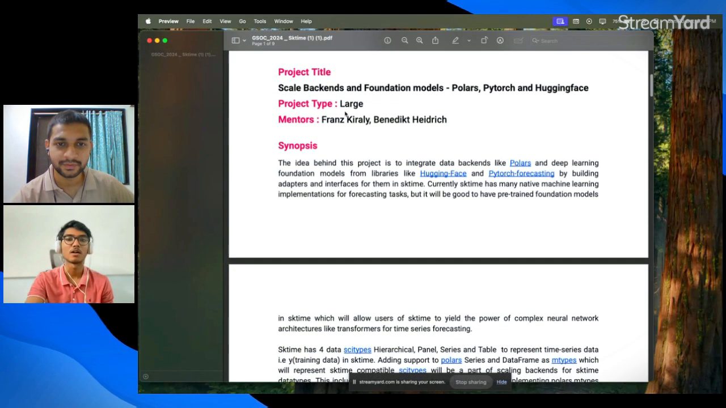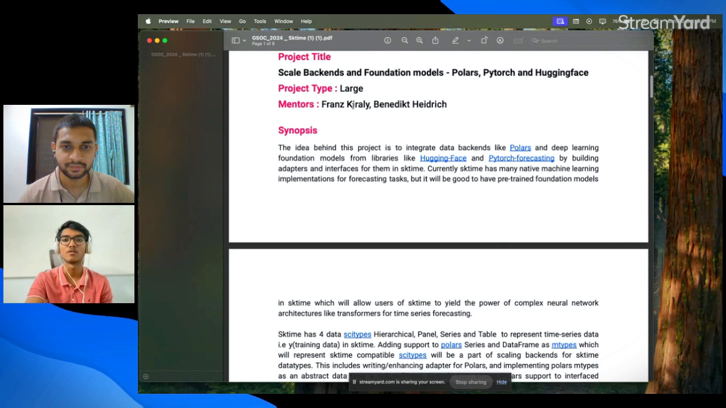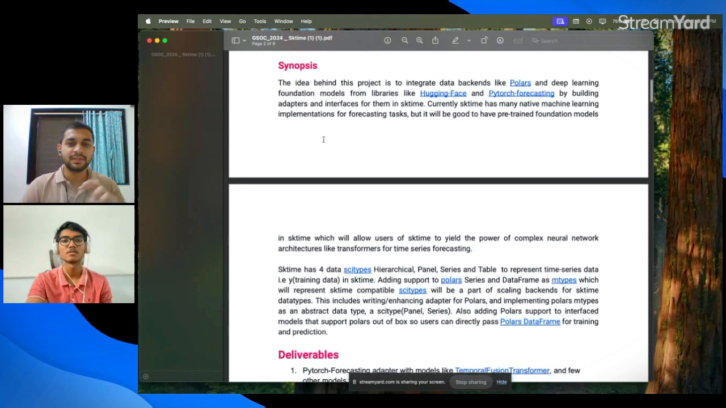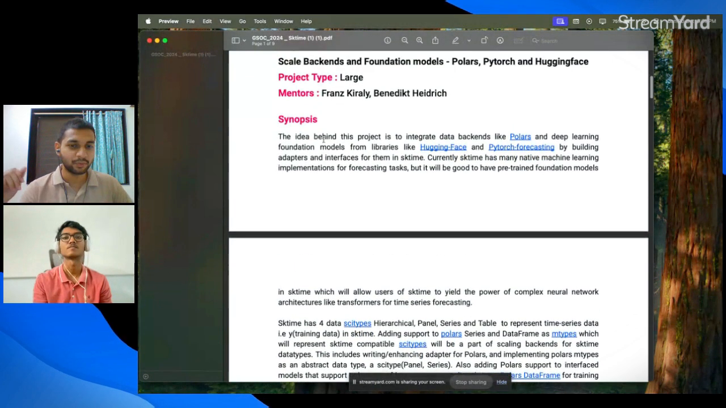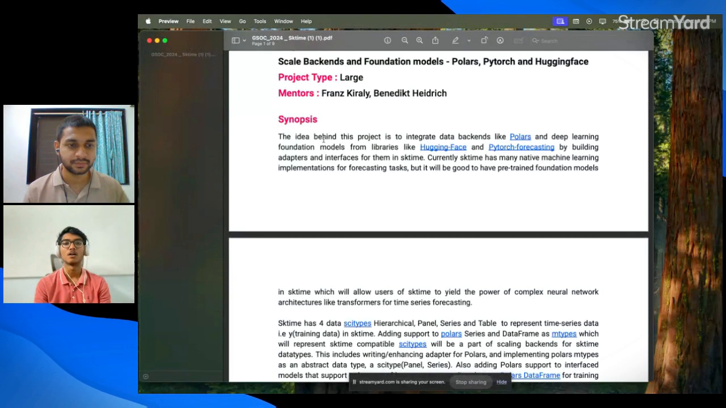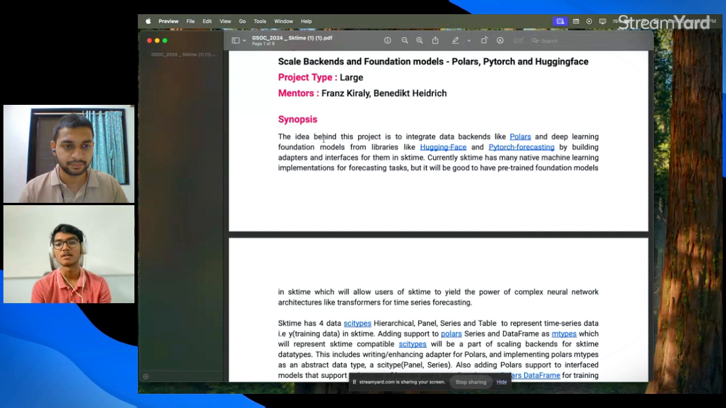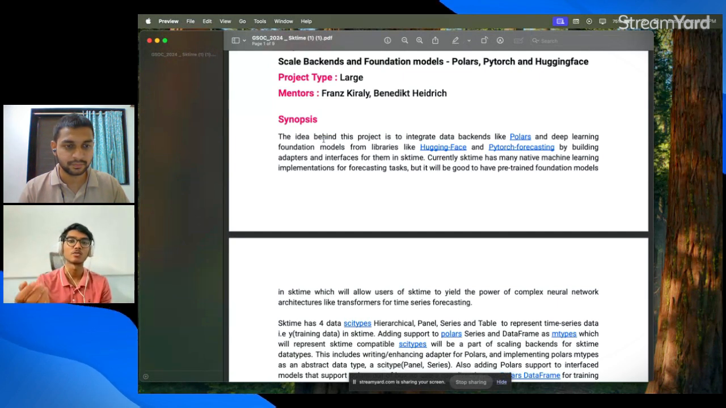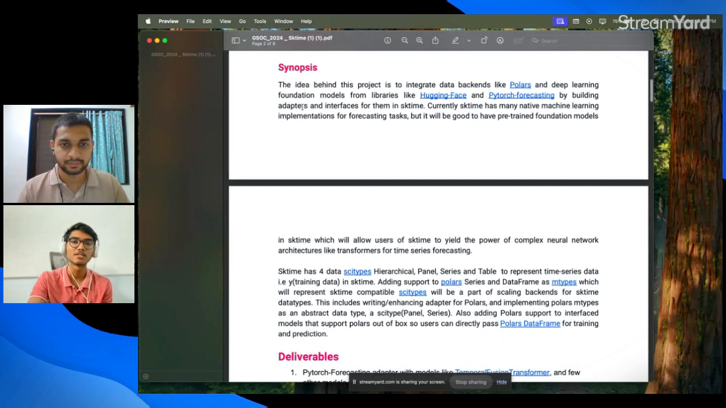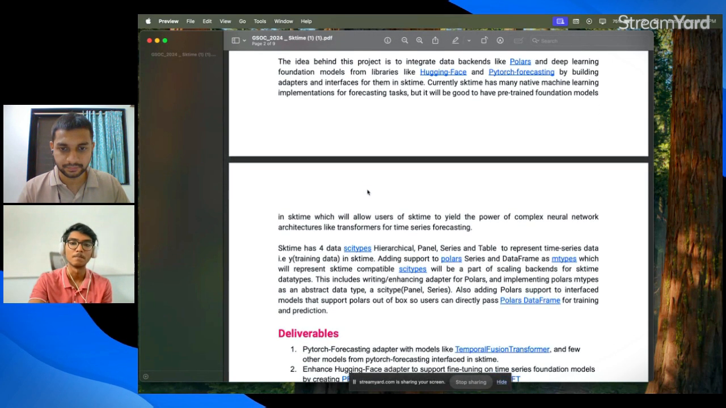Then project type large. So there are different types of project like large, medium, small. Then you have to mention your mentors. Then you have to do a synopsis. It depends on you what kind of project you want to choose. You can take many small projects and make a proposal of a large project. It completely depends on you. Then you have to do a synopsis of what you are going to do, what you want to do during the summer,